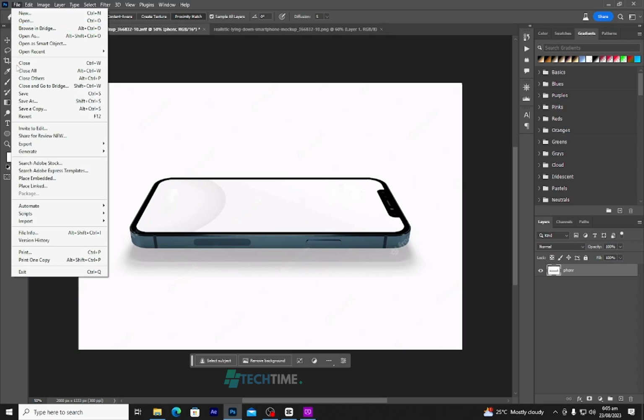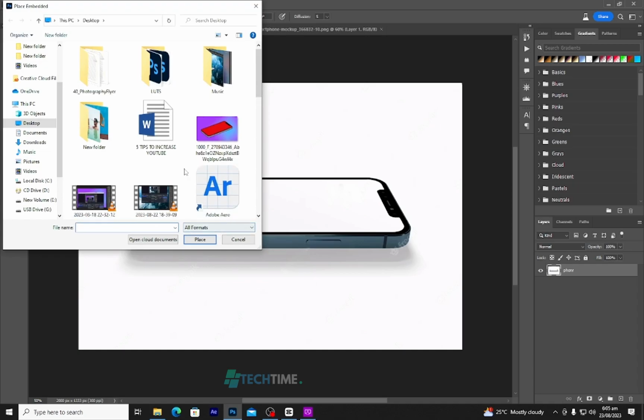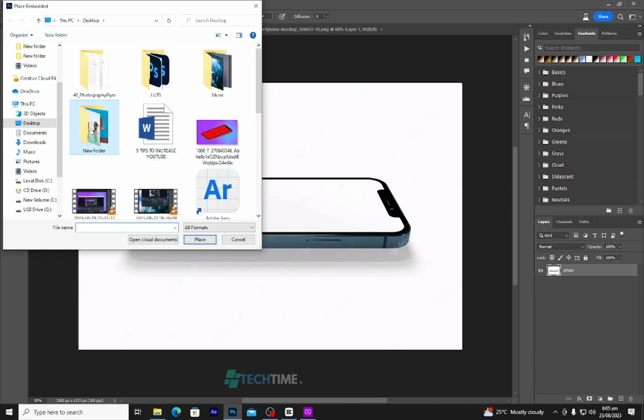And we place embedded. We come to file and place embedded. So we choose our second picture,